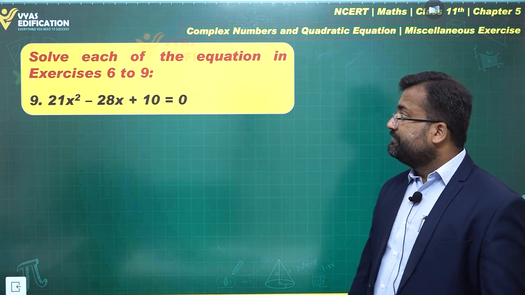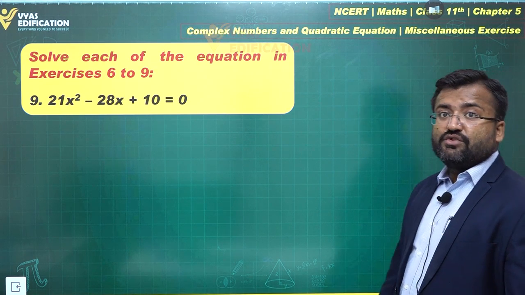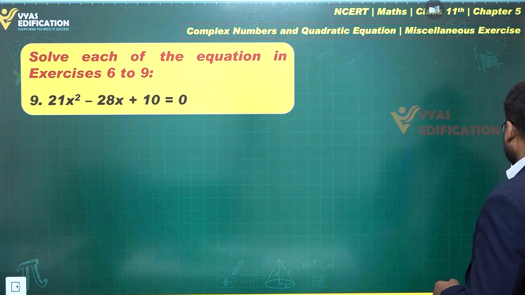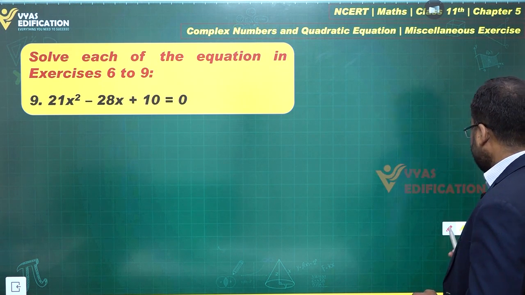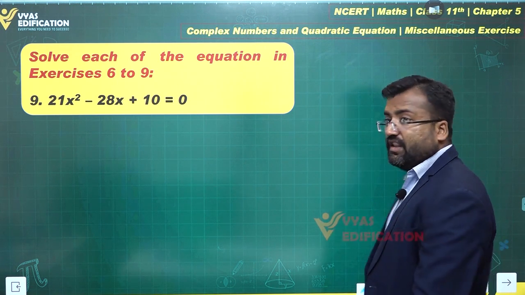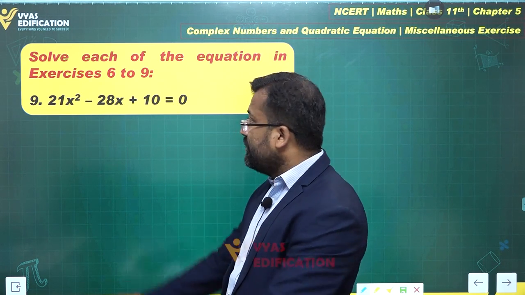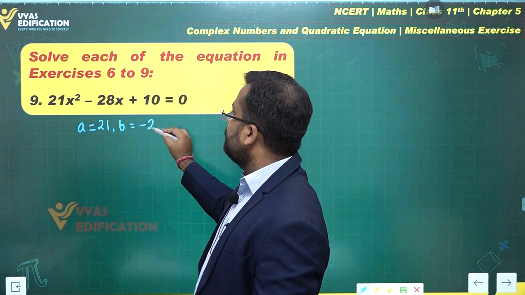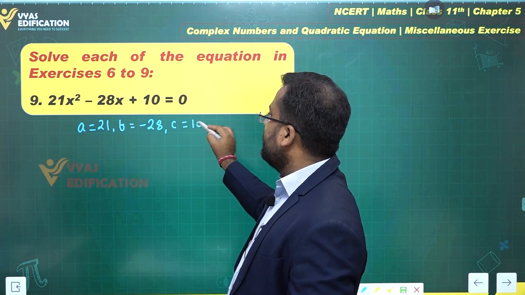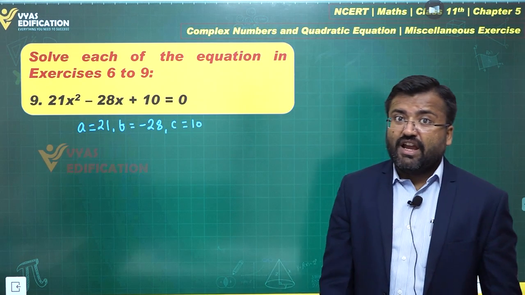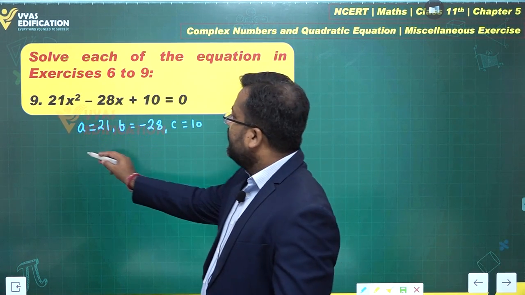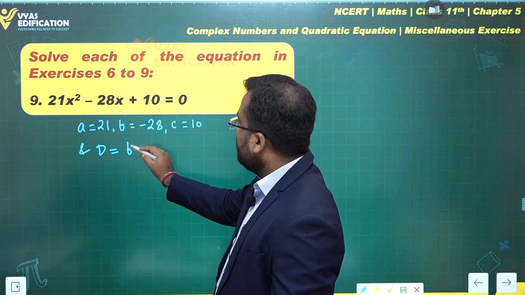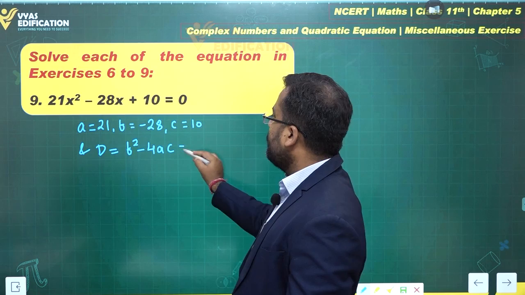Let's take a look at this one. 21x square minus 28x plus 10 equals 0. What do we begin with? We begin with the values of a, b and c, as you can observe over here. The values of a, b and c would be a equals 21, b equals minus 28, c equals 10. These are the values of a, b and c, and d will be equal to